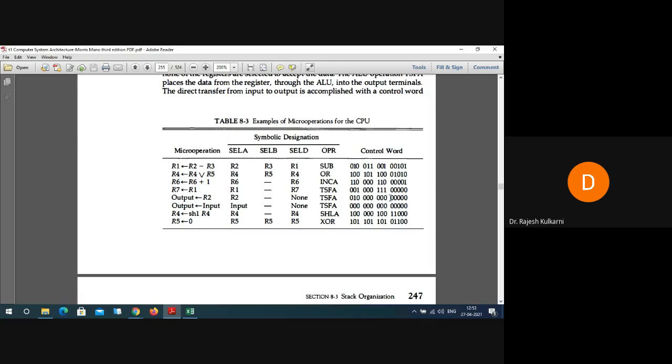Very good. Well done. So an interesting point you have told us is that there is no multiplexer B, so 000. And there is no decoder also. Directly we are sending it to the output. We are not sending it to any register. And we note that for transfer, it is 00000. Very good. Next.